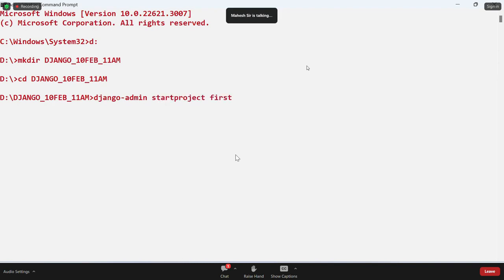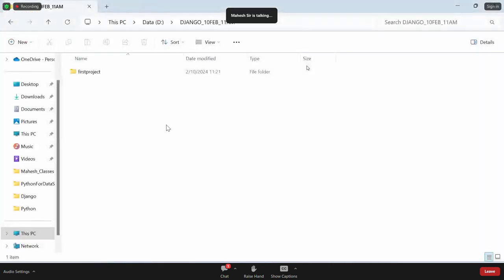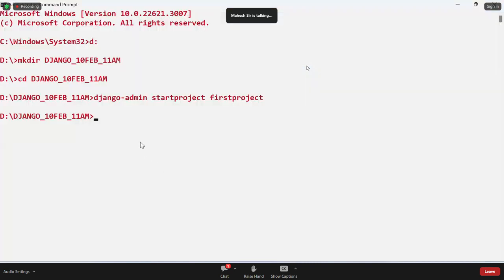Project name: your wish, any name you can give. I'm giving first project, this is my first project. Previously the folder was empty. Now you can check it: one folder will be created there. Internally, whatever content is available in this folder, if I want to check,